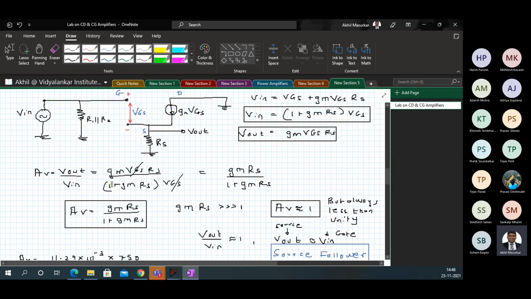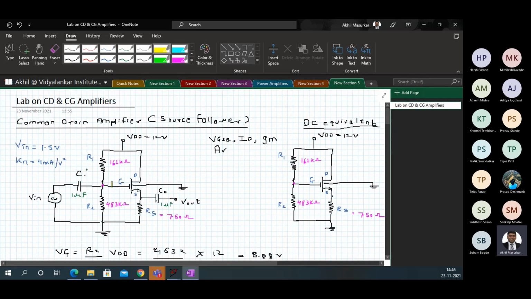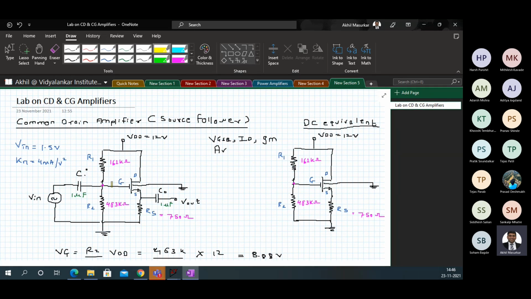Okay, so next class we will see the common gate amplifier. That is on coming Friday we will do this, and then we will do a small part which is remaining, which is the rectifiers and filters. So I think within 2 weeks, or 1 week and an extra lecture, should do the job. Let's see. We will not hurry, but try and focus on the concepts. They are really very important.